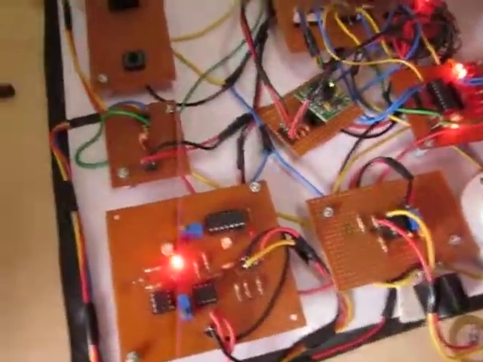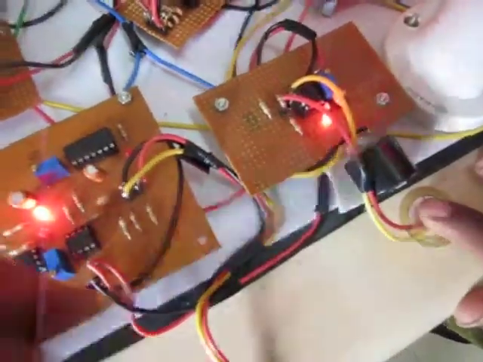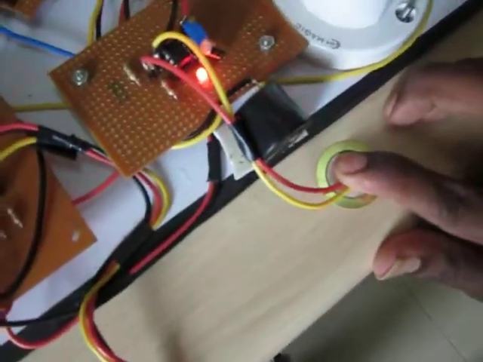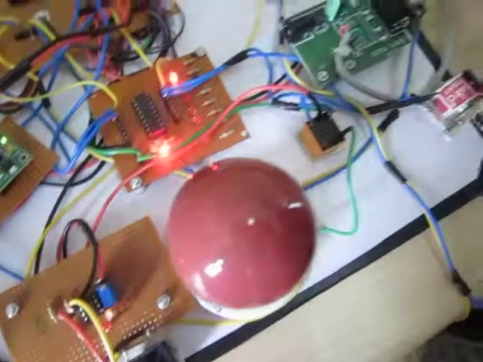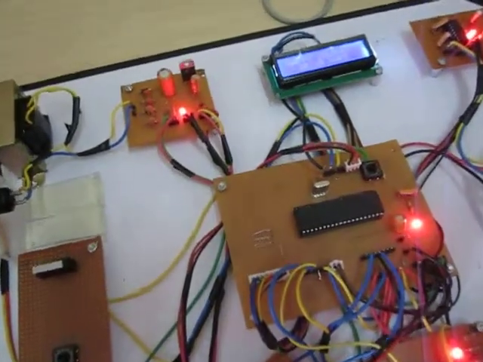The limit switch and piezo crystal vibration sensor combinedly give the signal at the same time. Then only the system identifies that the accident has taken place. Then the system identifies the accident location through the GPS module.